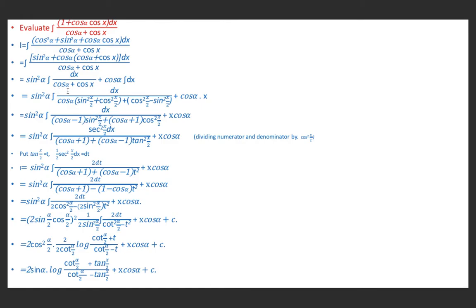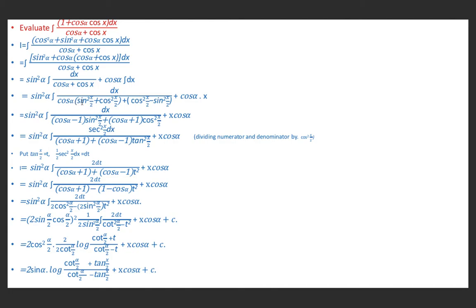Now again we have the same form here in the first integral. So cos alpha into (sin square x by 2 plus cos square x by 2), because we know that 1 is equal to sin square theta plus cos square theta. So here I have written cos square x by 2 plus sin square x by 2 plus cos square x by 2, and cos x is written as cos square x by 2 minus sin square x by 2. We have used the same technique. Now integration of 1 is x. So this is cos alpha into x, and this is sin square alpha.